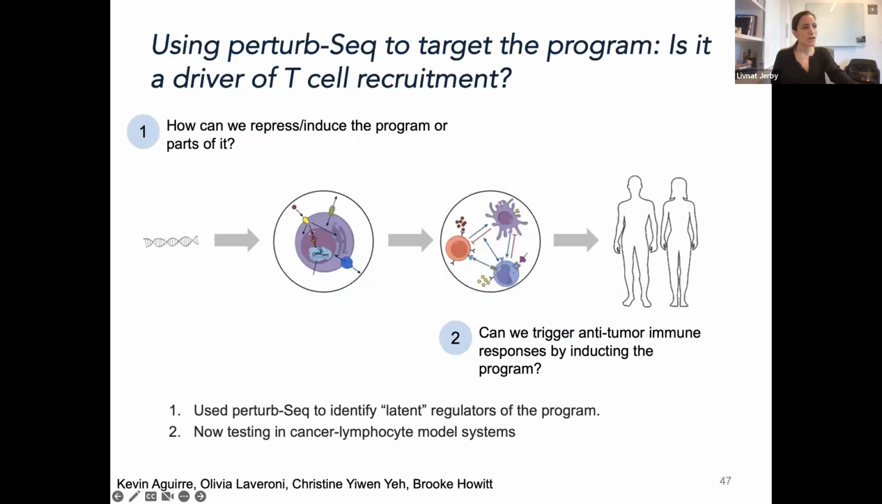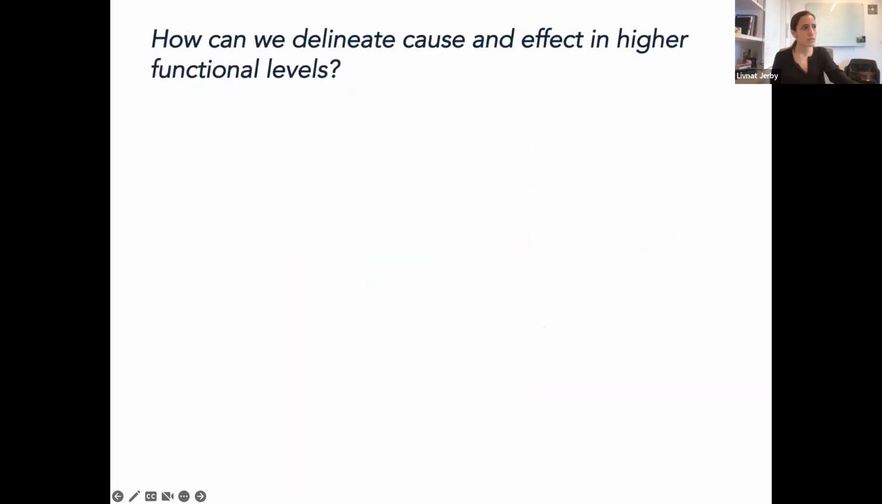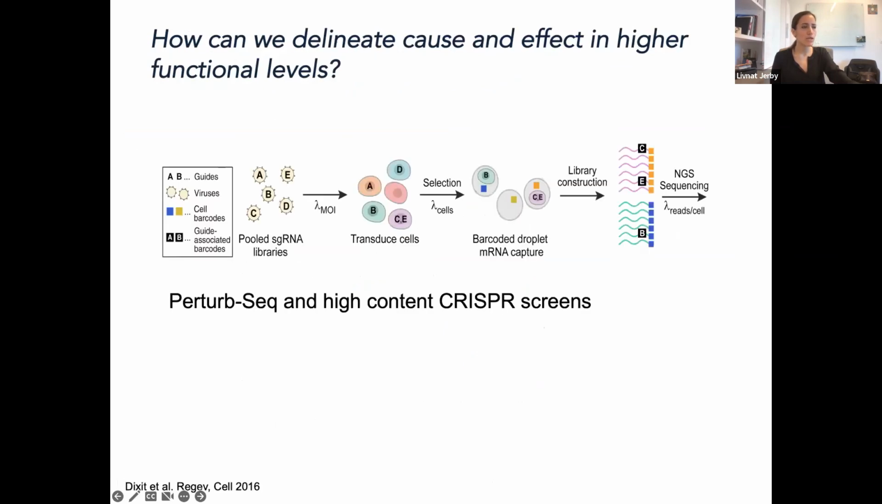And so we now use Perturb-seq to identify latent regulators of this program and are testing this in cancer lymphocyte models. And we're very excited about this because it both corroborates our previous findings, but there are also multiple novel regulators that we find with this approach, and particularly in ovarian cancer, where there is a huge need to make progress. So I just want to say a few words about Perturb-seq, because I think that high content CRISPR screens